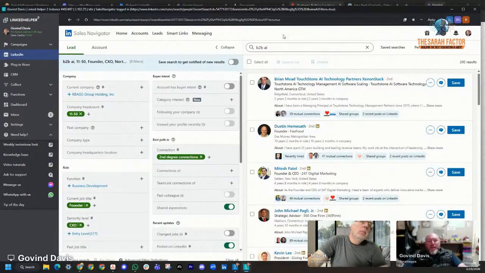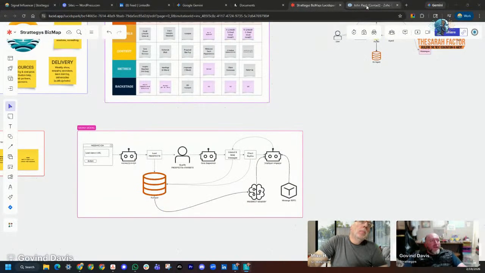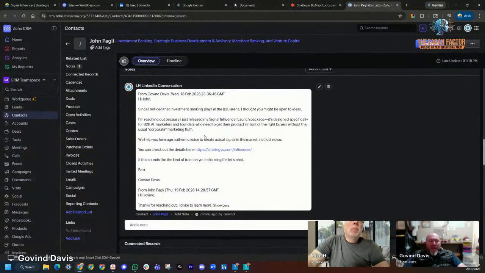To me, the value in the SDR BDR part of this is driven by getting this data and then being able to follow up with people and send intelligent sequences after I've already found them.